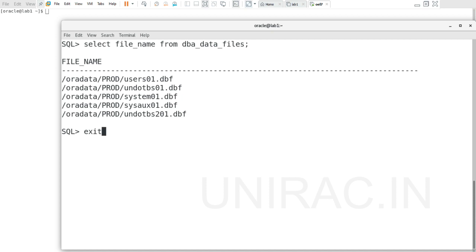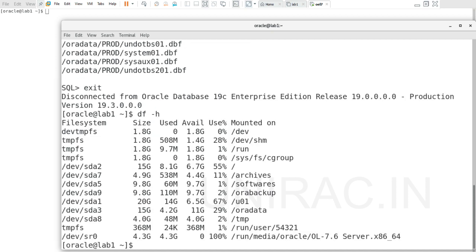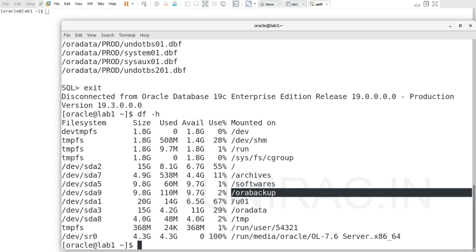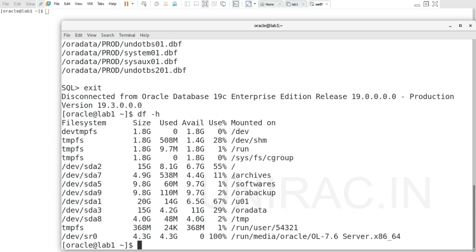Let's see if we have any other path or partition. You can see /archives, /aura backup, and /u01/aura data. These are Oracle partitions, and we'll try to move to /archives.